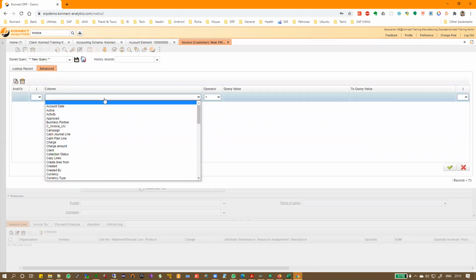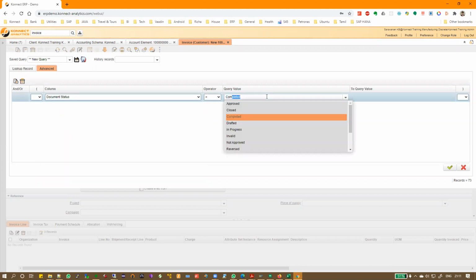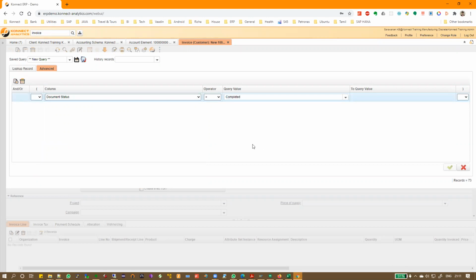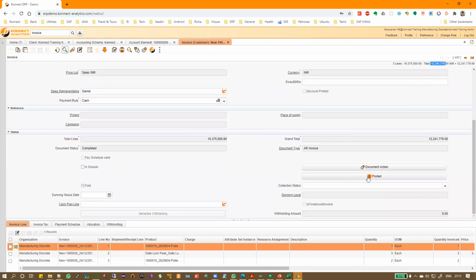So let's look at the invoice window, and let's see whether whatever I've been telling you till now is applicable, or our ERP is not working like that. So there is an invoice. The invoice amount is 12,000. This is interesting because it is not a whole amount. It has tax. Now let's look at the posted value.